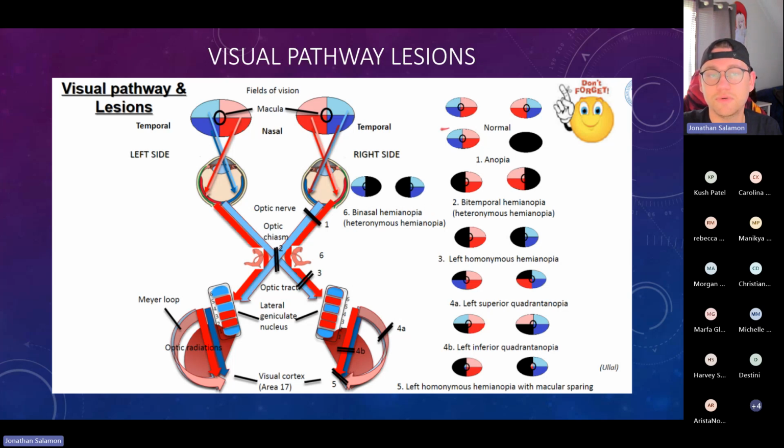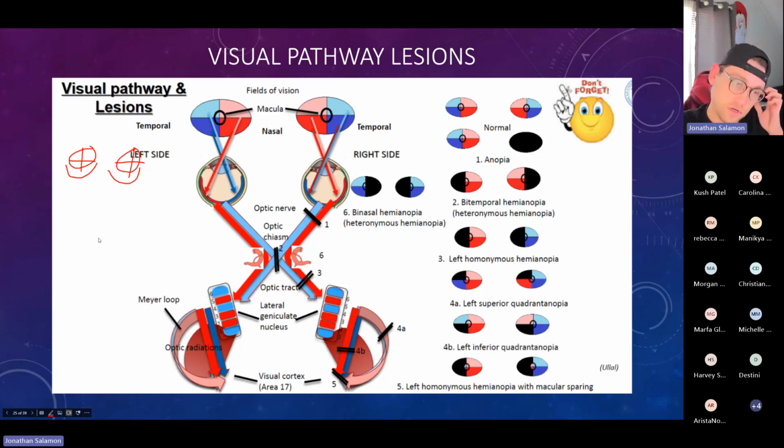And now for what I'm assuming is the real reason that everybody's here today, visual pathway lesions. So I draw this on every exam. And I know that seems like it's a lot, but I promise it's not. Because all you really need to know, right? So you have the eyes. You need to know, like I've said 1,000 times, everything in the brain is backwards, right? So you have your optic cup, draw the brain,